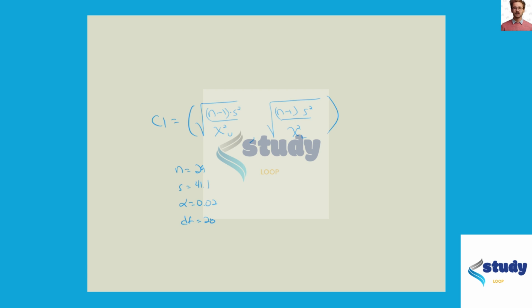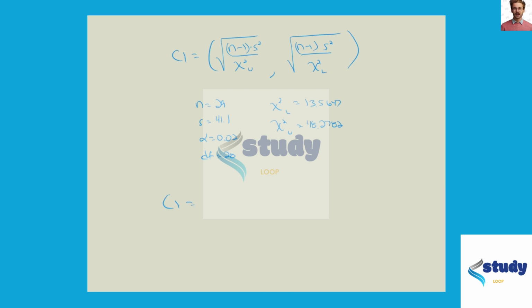Our chi-square critical values: the chi-square lower is 13.5647 and the chi-square upper is 48.2782. So our confidence interval is the square root